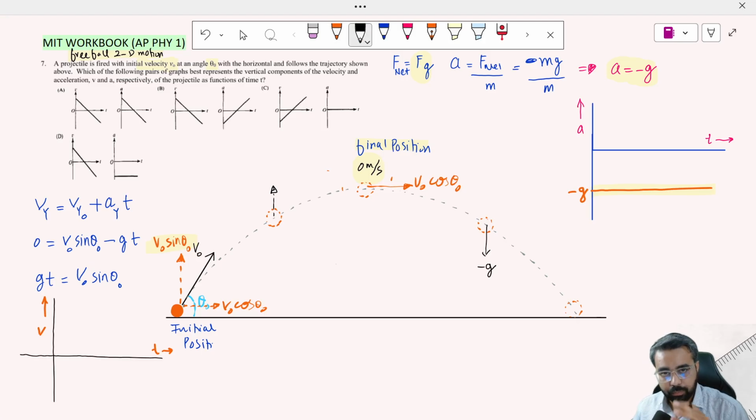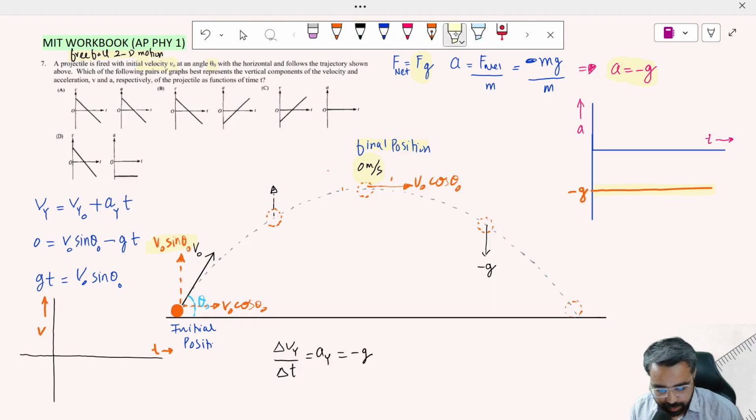First of all, we have two evidences. The first evidence, we know that the slope of the vertical velocity time graph is equal to acceleration due to gravity, that is negative g. So if acceleration is constant, and if it is a negative value, it means that the velocity time graph must be a line that gives us a negative slope. And secondly, I have properly shown you that in the very beginning, the velocity is maximum, which is v0 sine theta 0, and